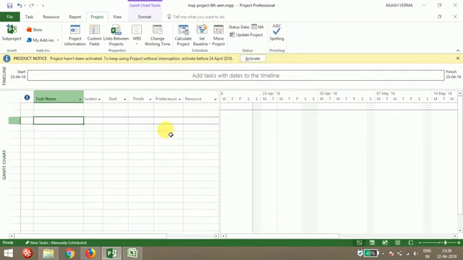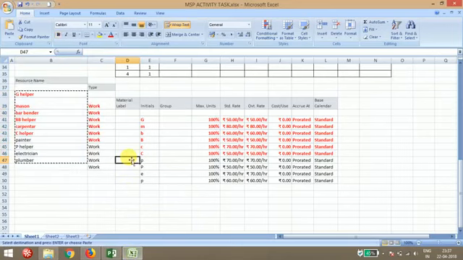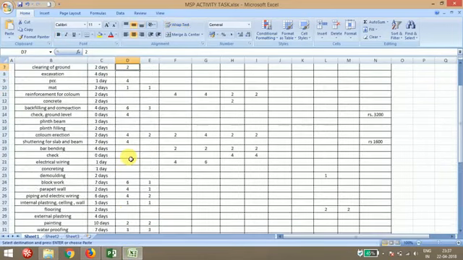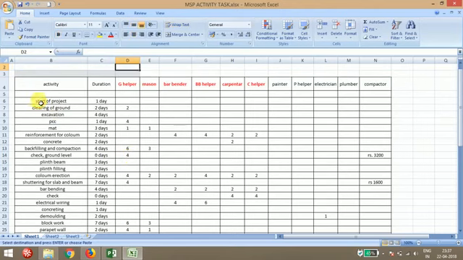After setting the calendar, just go to the work breakdown structure. Work breakdown structure means the number of activities you have to provide, like what activity will follow which activity. Either you can directly put your activities in Microsoft Project, or you can put them in an Excel file and copy them later. I have already put some of the activity names in the Excel sheet, and I'm going to copy all these activities. Okay, so from the start of the project,